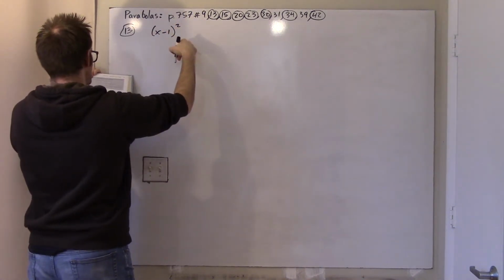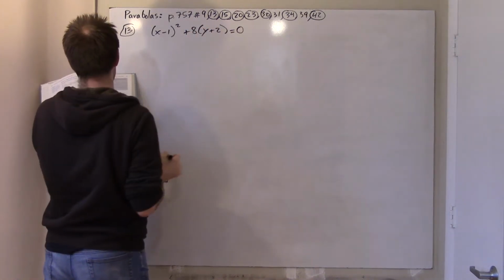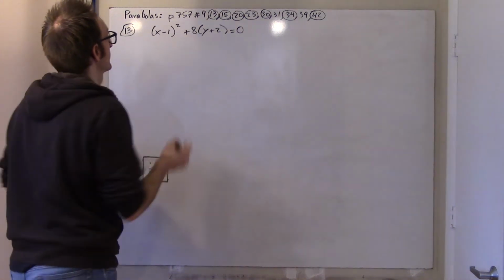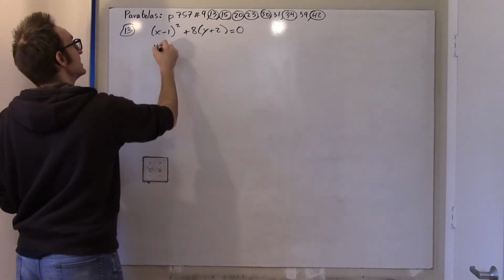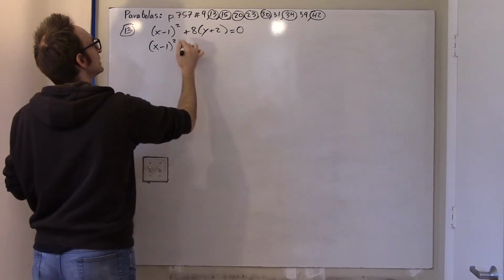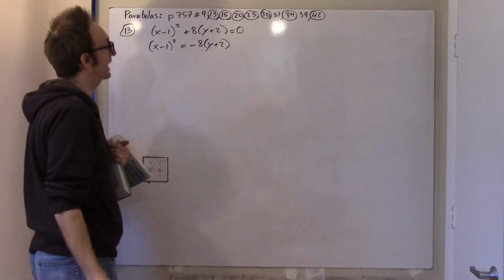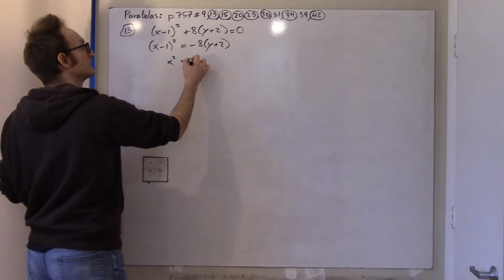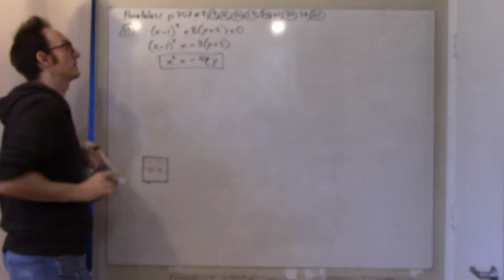(x minus 1) squared plus 8y plus 2 equals 0. Well, this is basically already in the form that you wanted. I'm hopefully copying the problem right? Yeah. So this is (x minus 1) squared equals negative 8y plus 2. Okay. Well, this is superficially in the form x squared equals negative 4qy, and